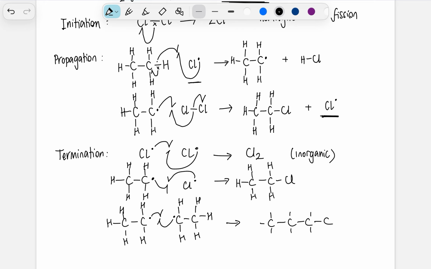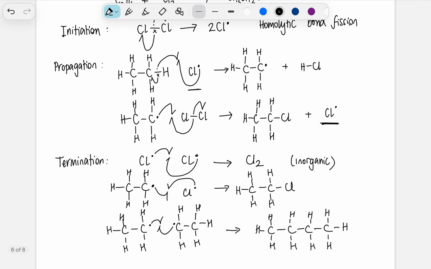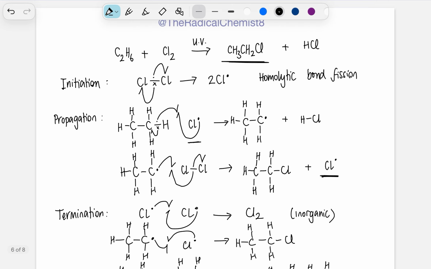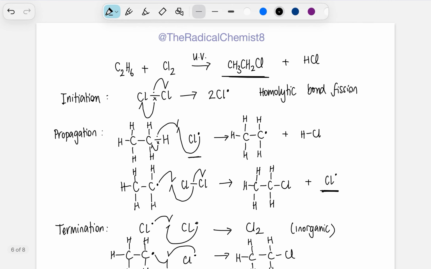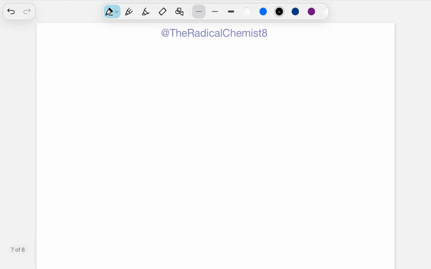So these two would be involving organic products. So like I said, read the question carefully and see which termination step they are asking for. If they don't specify a termination step, I would say the first one would be the easiest one to give them. So this was the mechanism, curly arrow mechanism, and now I'm going to do an example where we have